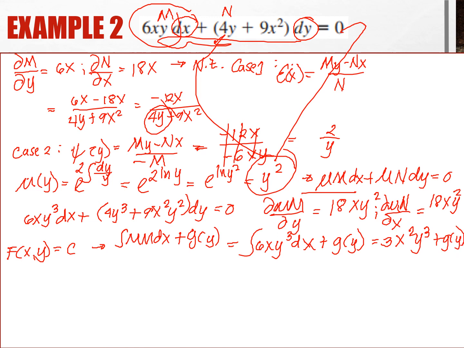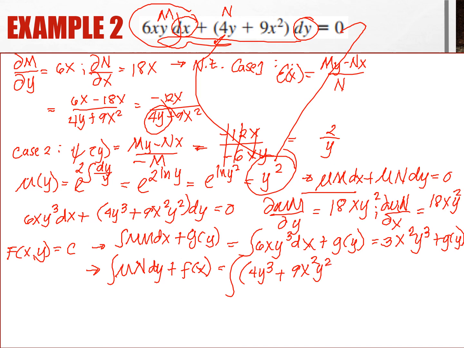Okay, the other side we have the integral of mu N dy plus f of x, which is equal to the integral of 4y cubed plus 9x squared y squared